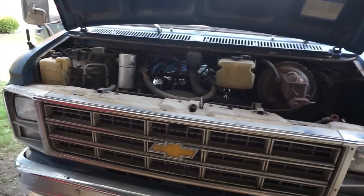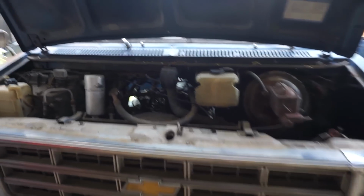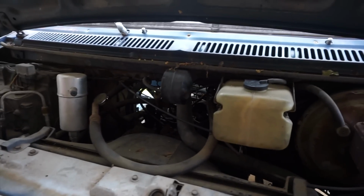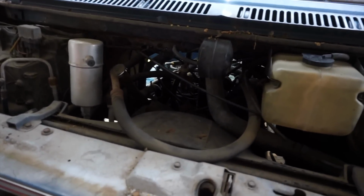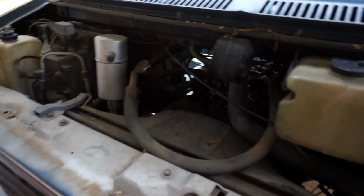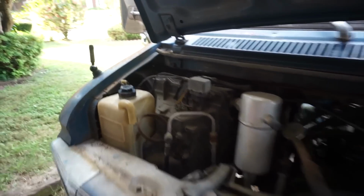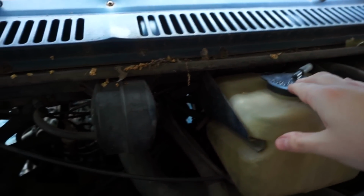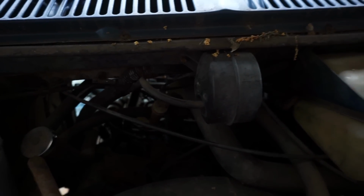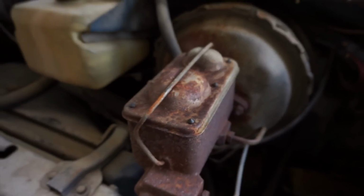You know, it's a cab over, so it's kind of confusing, but it's actually interesting at the same time, because you could either work on it inside or outside. Overall you have to do that if you're working on certain pieces that run from this end inside. So I got a few components to go over here. Got our coolant reservoir, our windshield wiper fluid reservoir. We also have the brake fluid compartments,